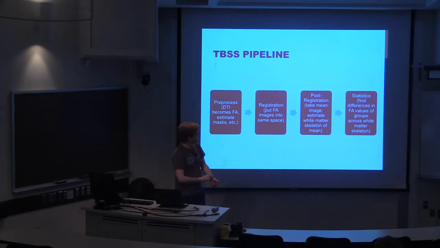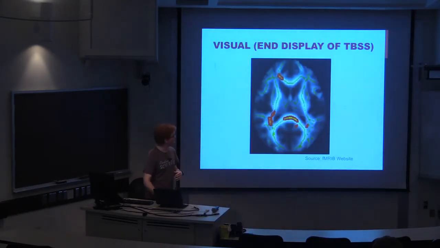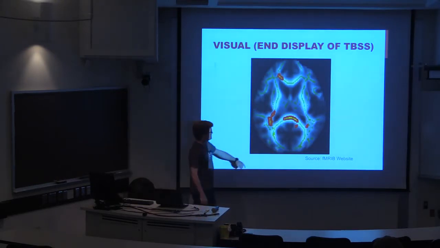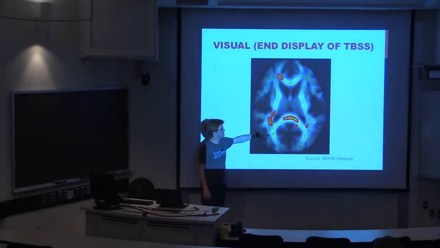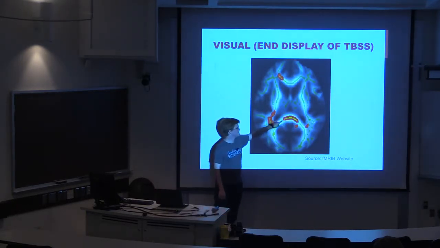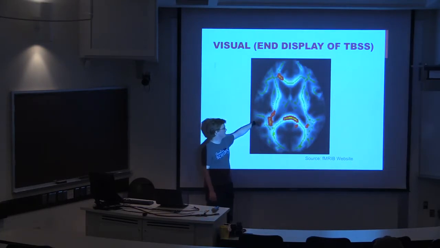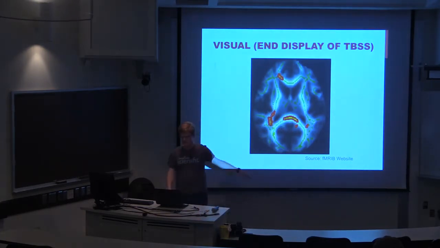The third step is where a white matter skeleton is estimated for the entire brain. So you'll basically have this mask over the entire brain that's covering all the major white matter regions in the brain. And I'm just going to skip a slide just to show you an example of that. And so you can see this is an average of all the images in a particular study, and this is an estimate of where the white matter is in this particular study. Okay,